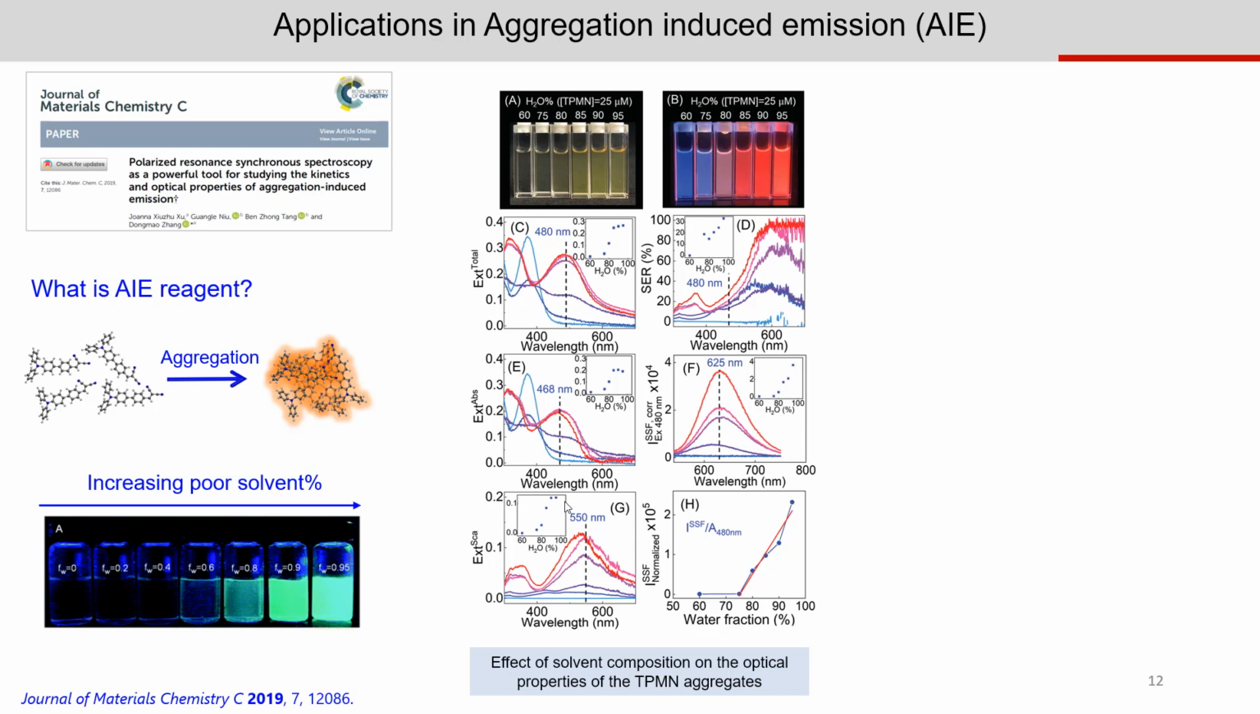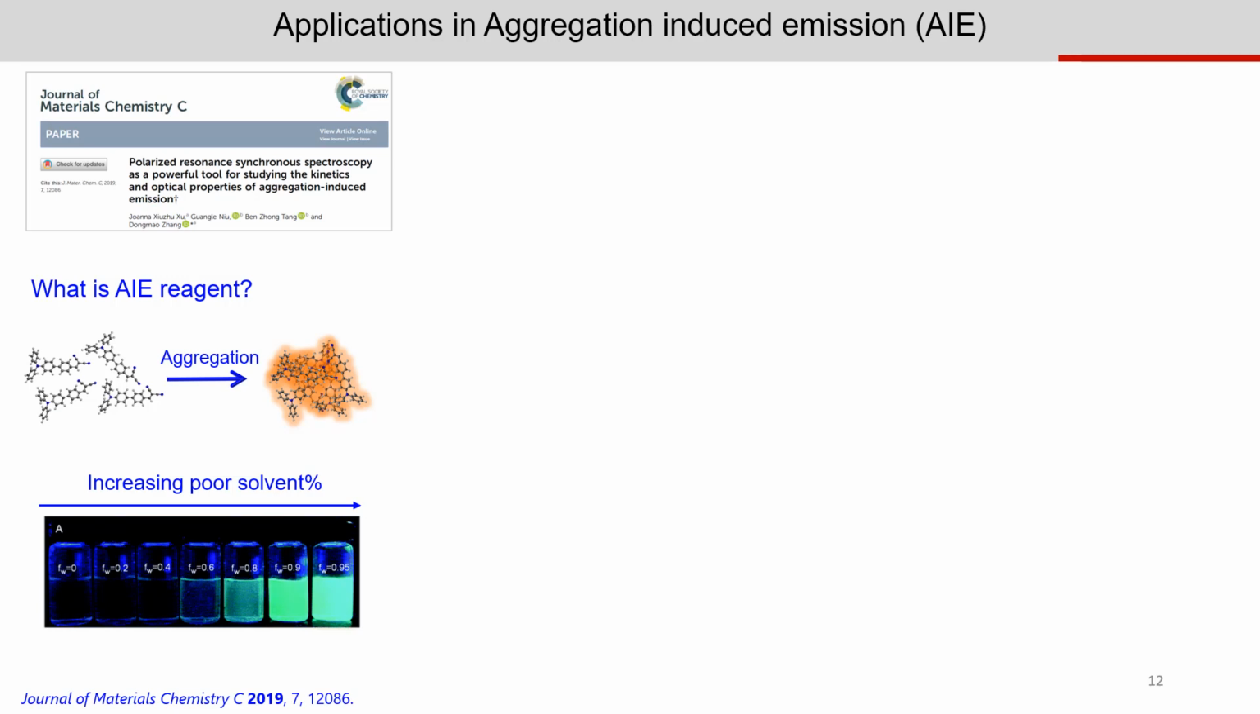With PRS-2, we were able to answer this question by spectral decomposition. It turns out that the absorption stopped increasing at a certain solvent percentage. So the increasing fluorescence intensities are due to increasing fluorescence quantum yield. And interestingly,